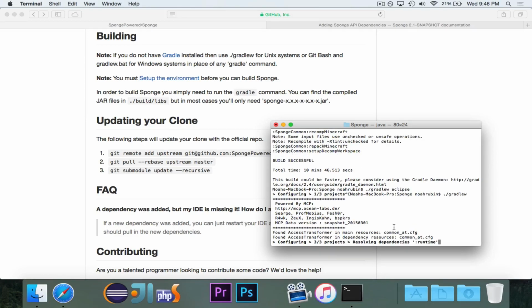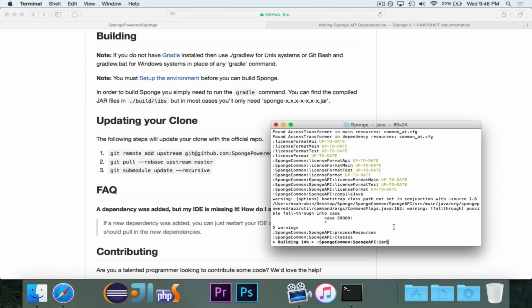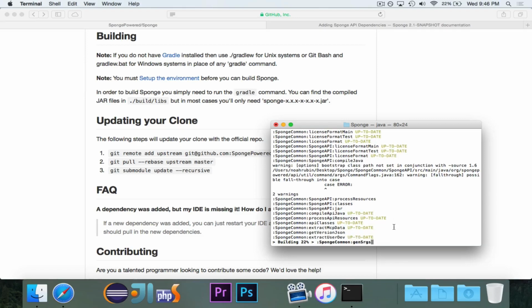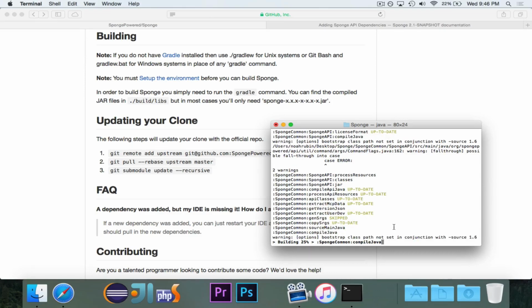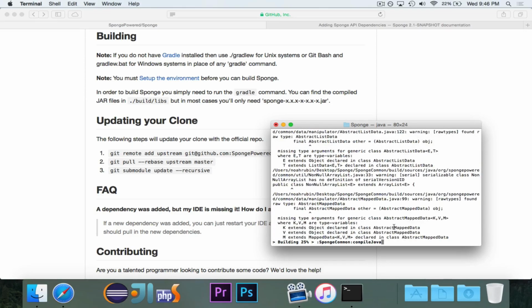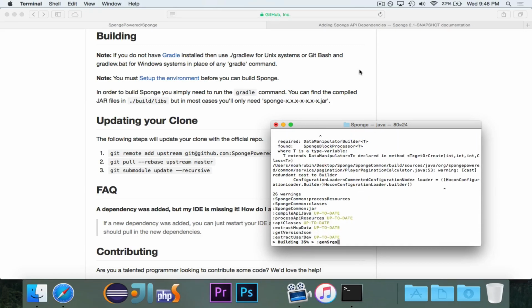So we had to get everything set up in there. Now it's going to actually go ahead and build the jar file that we can use. So this one shouldn't take too long. It seems to be progressing pretty well, but I'm going to pause this while it happens, just so that we can let it run.